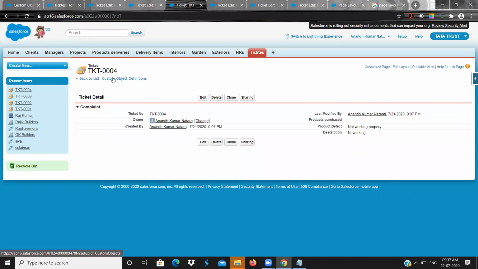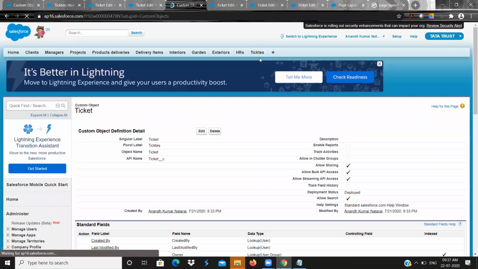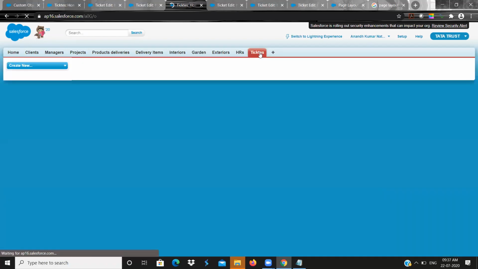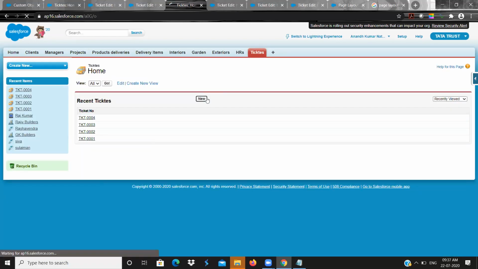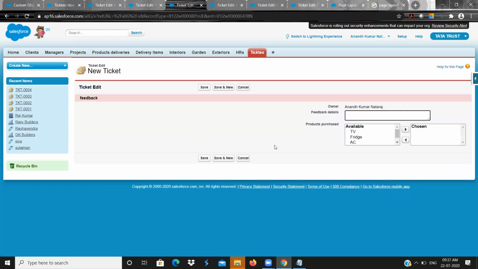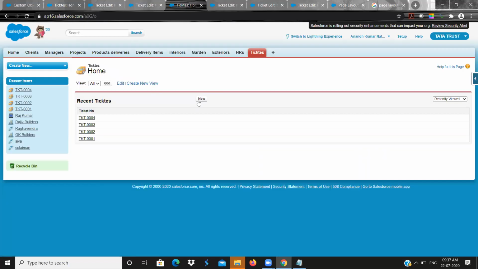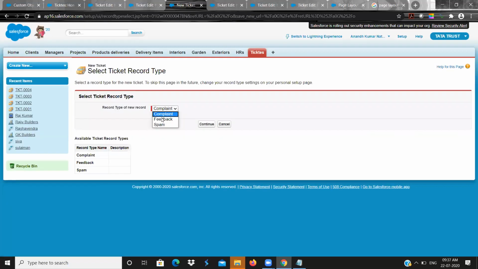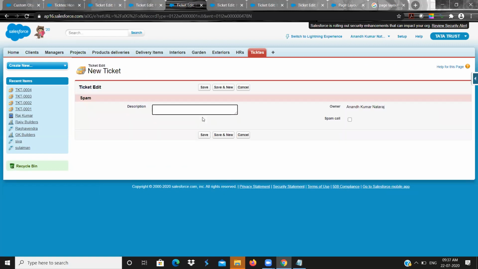Similarly, go to tickets, new ticket, and here you can go to feedback, continue. Now go to spam, continue. See, spam also has a description field, but it is not mandatory.